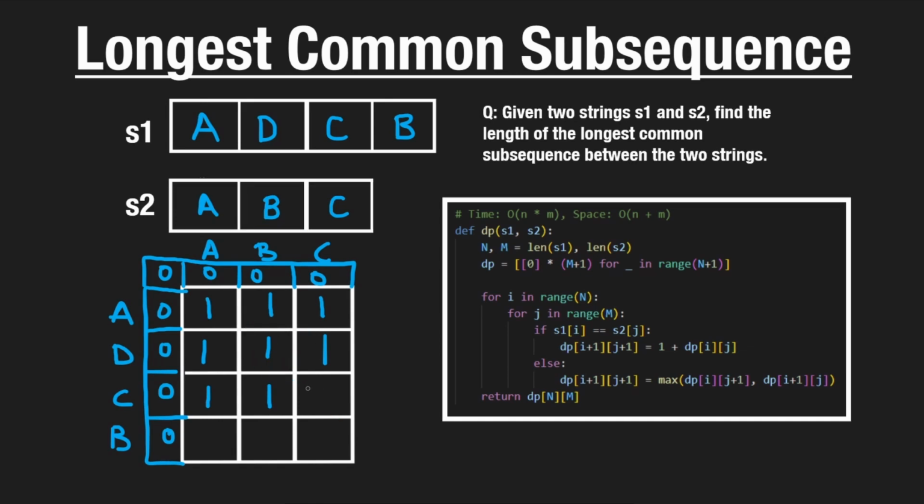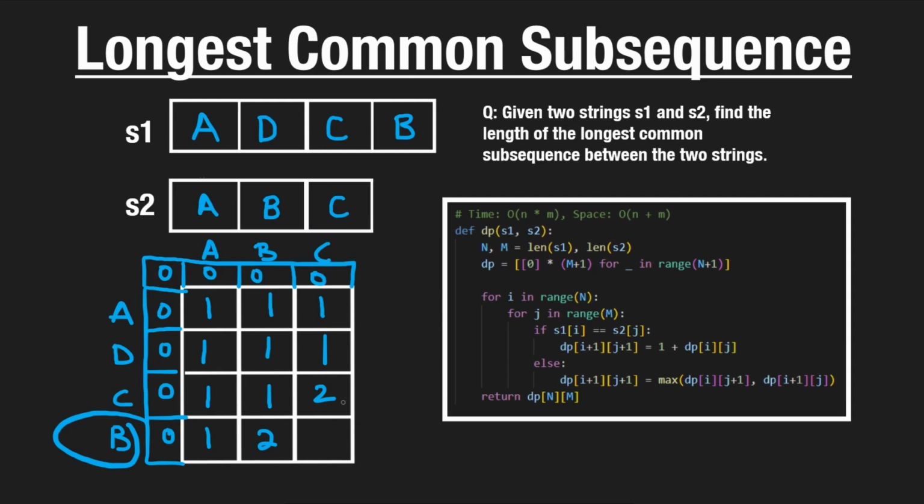So the value that goes here is going to be 2. Here, we're going to compare A and B. They're not equal. We're going to look left and we're going to look up. The max is 1. Here, these two characters, B, are actually equal. So we're going to take 1 plus the value to the top left, and we're going to get a 2 over here. Now, finally, for the result value, we're going to have B